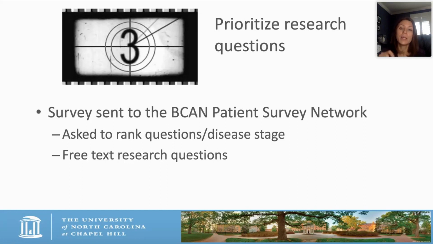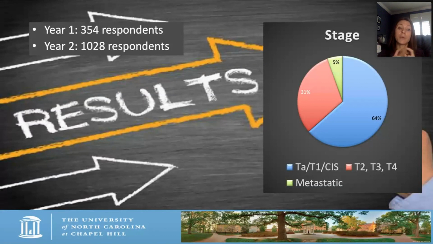And we do this every few years because it allows us to keep a finger on the pulse of what the needs are as our field changes. But we use that to populate the next survey. So those free text questions, we sort them, many of them come into a category, and then we can add them into a question. So it's interesting because it's really snowballed over time. Our first year, we only had about 350 respondents, which is not bad. That's pretty good. But in year 2, we had over 1,000, and now we're,